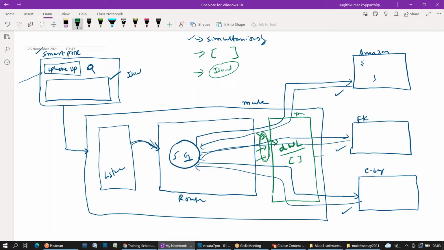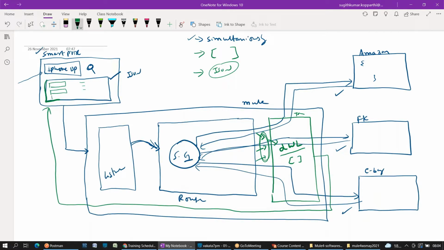At the end of the Mule application, the response we get from the transformer will be given back to the client, and the client will display it. That is the presentation layer. What do you mean by presentation layer? We are giving the data, and the data is getting displayed here. For the product details from Amazon, he will decide what the image is for Amazon, for Flipkart, for eBay. All the price details are tagged under a price tag. What is the color, what is the font? Basically, the presentation layer will be taken care of by the web developer.